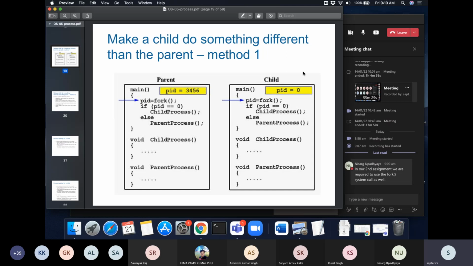Maybe in your second assignment, let's see. You already have the concept of listening at a socket. So suppose this server is listening at a socket. Now a client logs in. Now immediately the server has to do two things together. One is service this client. Maybe that client will ask for some service, like what you have designed, sending a file, and then the server computes the number of lines, etc. But also the server has to go on listening for other clients,